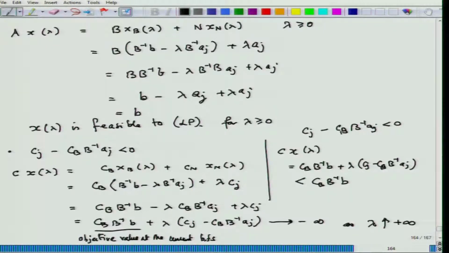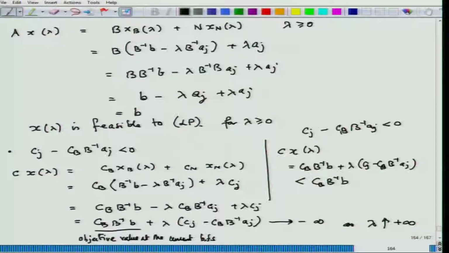So, when you are doing the simplex method, once you find a column of the non-basic part at which the reduced cost coefficient is negative, you are sure that optimality is not reached. You can have a feasible point whose objective value would be better than your current BFS. So, you have to go for a new one. Then you check whether B inverse Aj is less than or equal to 0 for the columns in the non-basic part. If there is one j for which this is true, then that will be a guarantee from this result that the problem is unbounded.